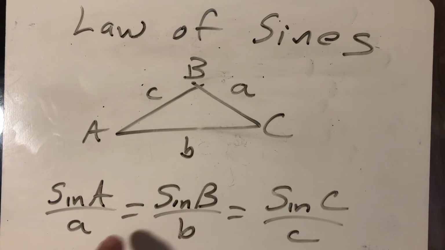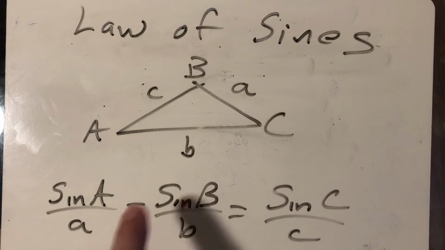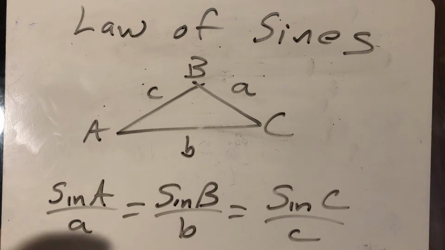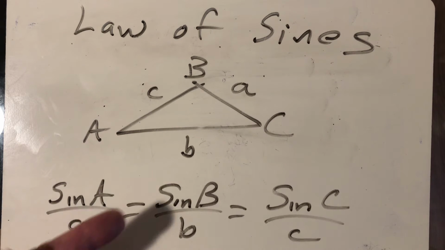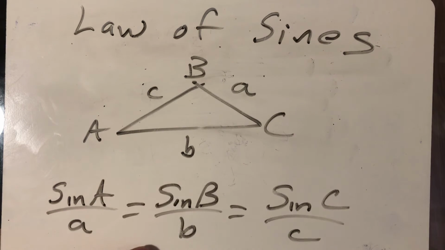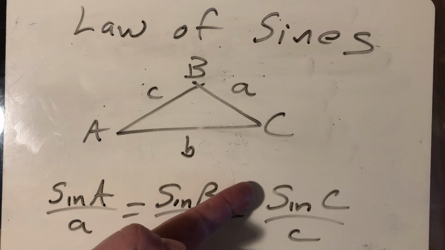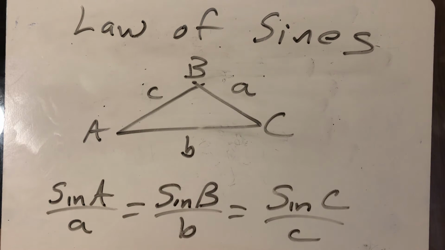And if you look at the equation down here, it's basically a bunch of ratios like what we are used to seeing when dealing with trigonometry, except this one's a little different. It says the sine of angle A over the length of side a is equal to the sine of angle B over the length of side b, and that's also equal to the sine of angle C over the length of side c. So in the next couple of slides, it's going to show you how to use the law